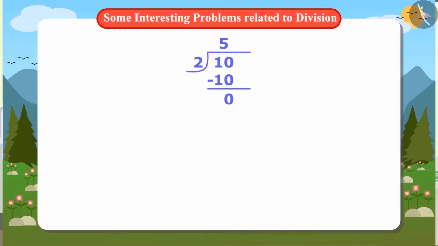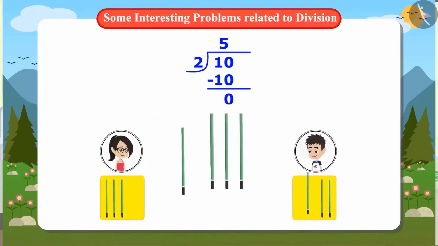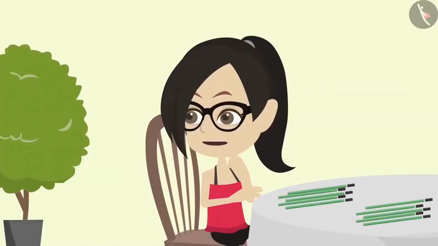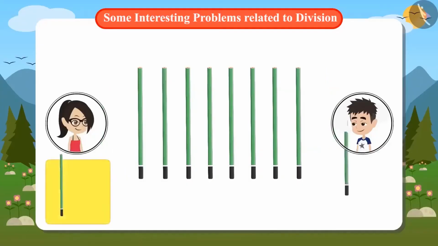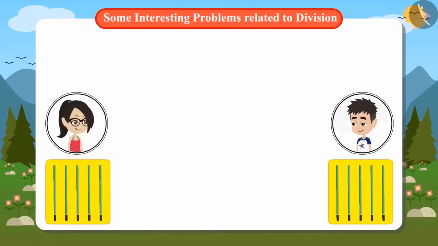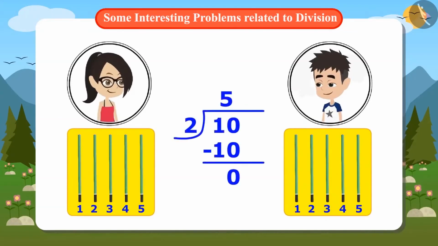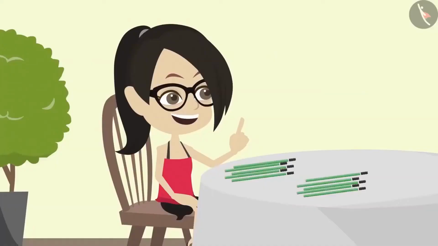Vandana, when 10 is divided by 2, if the answer is 5, it means that dividing 10 pencils into two parts will bring 5 pencils in each part. Well, now I understand. Even when I equally distributed the pencils one by one, there were 5 pencils in my brother's and my part. But I did not need to do that. I can know immediately by dividing that both will have 5 pencils.